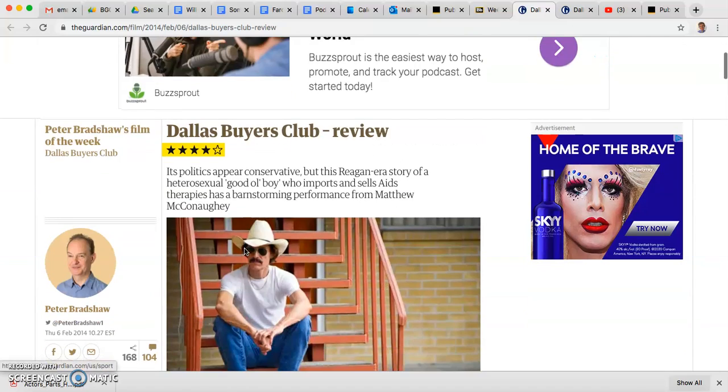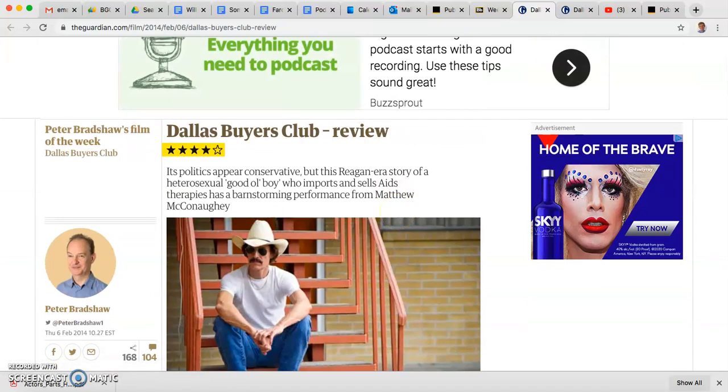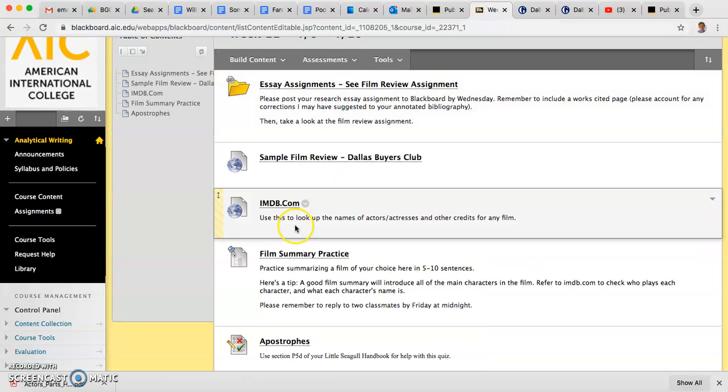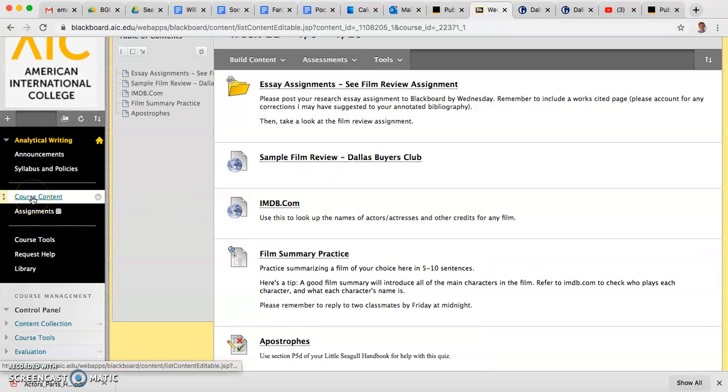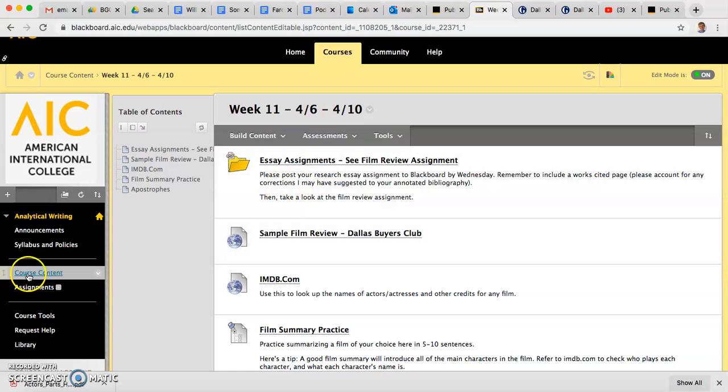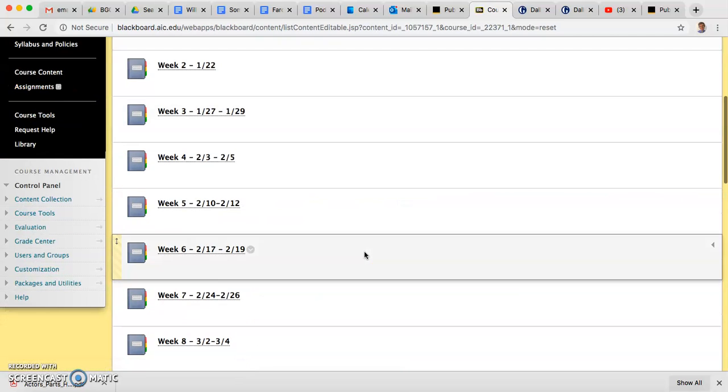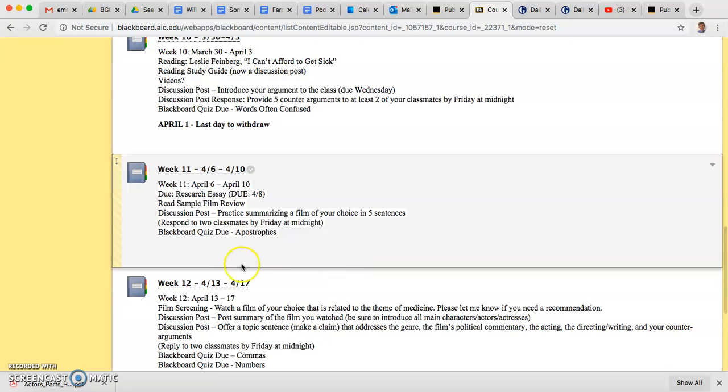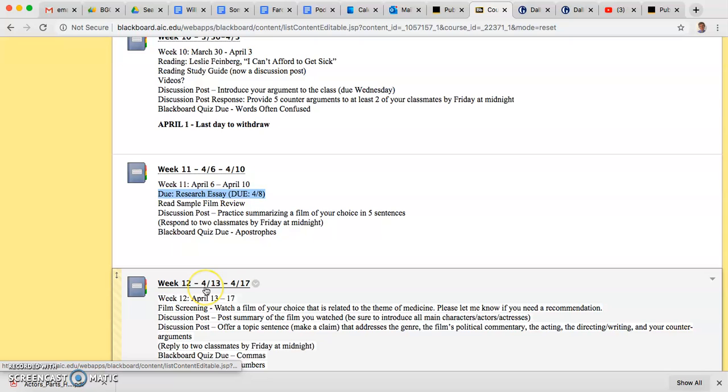And the reason I want to touch on these specific things is because if you look ahead to next week, if we go here to week 12, again, I would just focus on what you have to do for this week first. Your research essay is also due this week. Please keep that in mind, which is one reason you don't have a ton of work to do outside of your research essay for this week. But just looking ahead to next week in this film review,